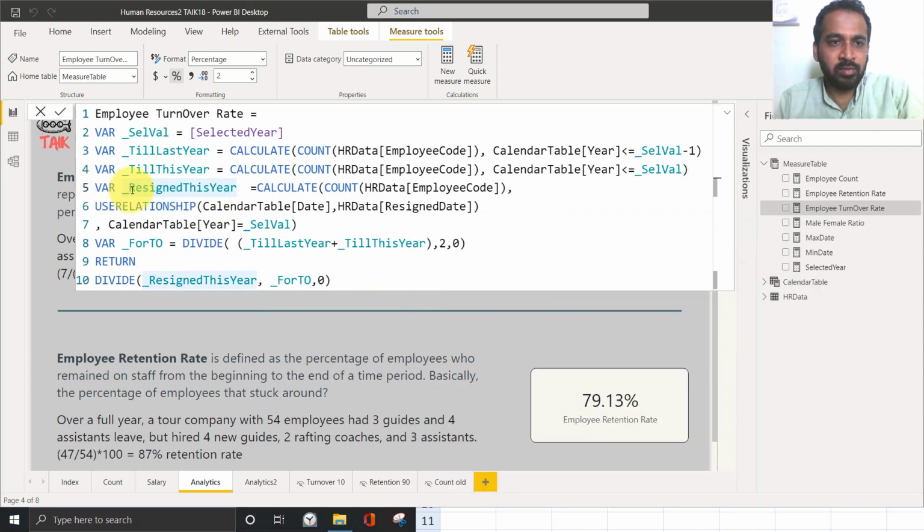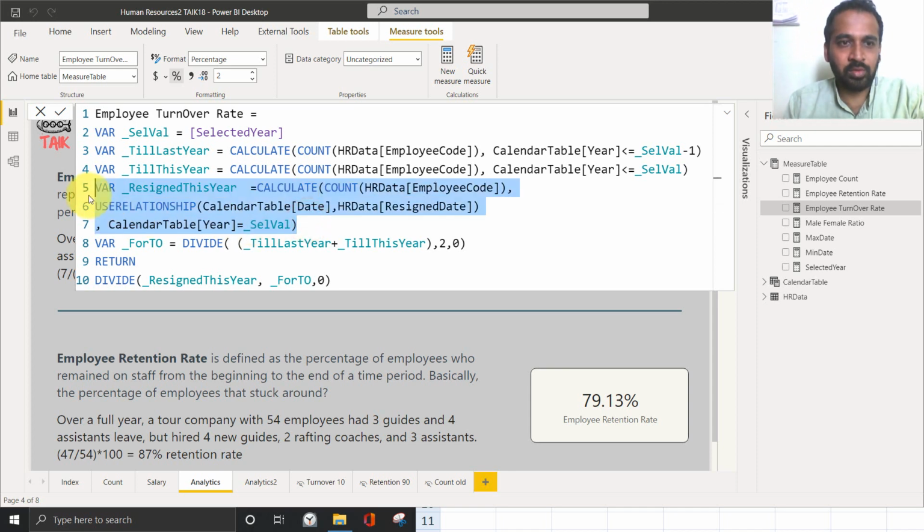And again here, how many employees have resigned this year? In order to get that, I'm just going to calculate the count of employee code, and using one more DAX function here, USERELATIONSHIP. USERELATIONSHIP will replace the existing relationship, changing it from inactive to active only for this particular calculation, only for this alone.